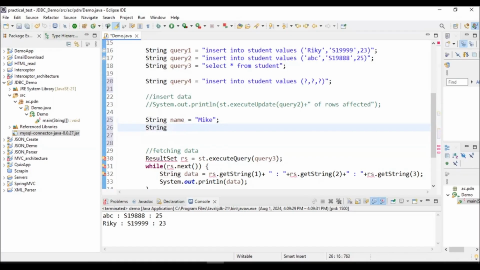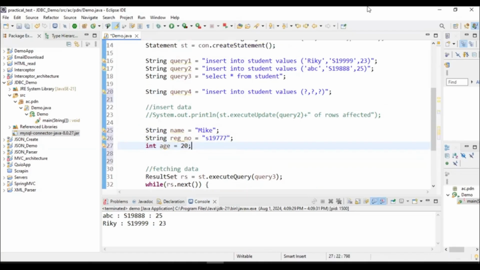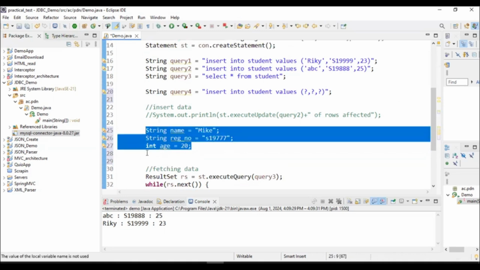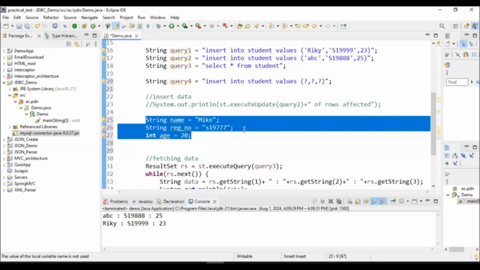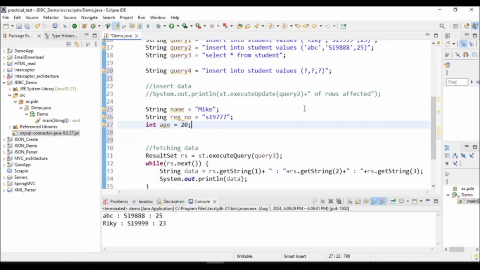In registration number S19777. Then age, let's say 20, right? Let's assume this data is extracted from the request. Just assume, right? Then we have to